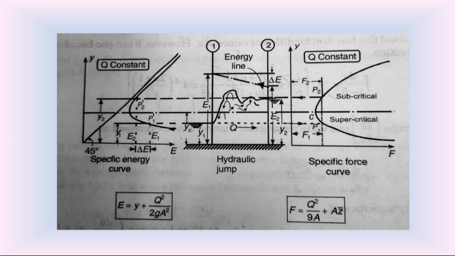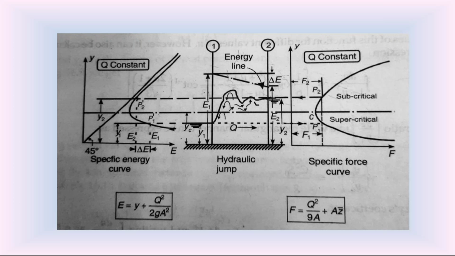So in this discussion, before the hydraulic jump, depth of flow is y1. After the hydraulic jump, depth of flow is y2. y1 is called initial depth. y2 is called sequent depth. y1, y2 combined together are known as conjugate depths. So please follow these terms carefully. In the hydraulic jump, y1 is called initial depth. y2 is called sequent depth after the hydraulic jump. y1, y2 together are known as sequent depths.